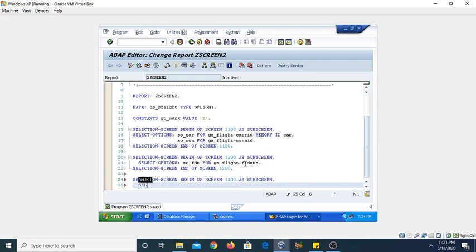Now we need to create a selection screen begin of block, and the block name is radio with frame. So here we are going to create a particular block with a frame.